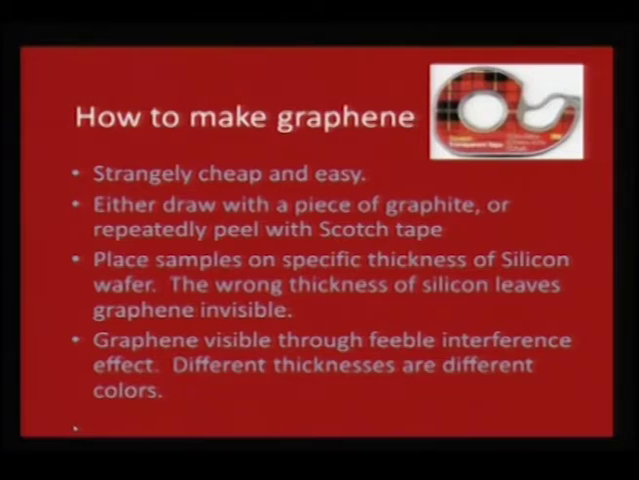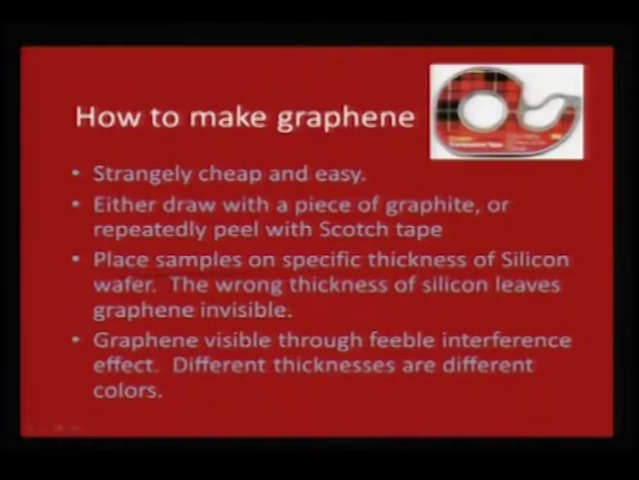They just used scotch tape, put it on graphite and kept on peeling it, and what comes out is nothing but a 2-dimensional graphite. It was almost thought that graphite cannot be broken up to such a measure, and growing a 2-dimensional carbon was impossible, but this turned out to be the simplest way they could engineer. So, place samples on a specific thickness of silicon wafer; the wrong thickness of silicon leaves graphene invisible, and the right one makes graphene visible